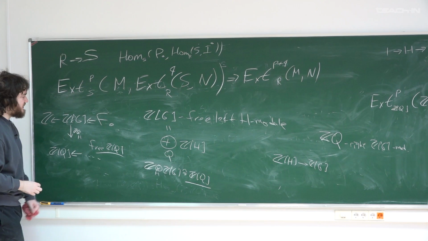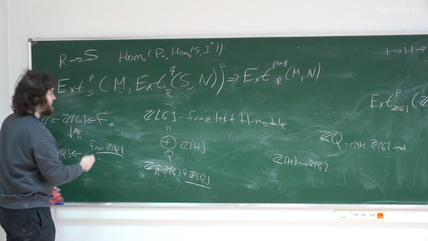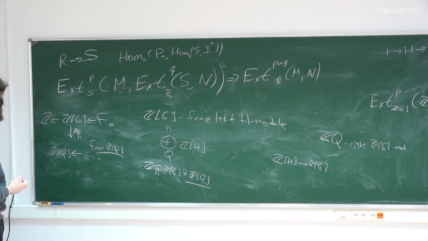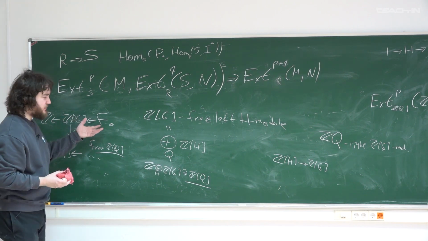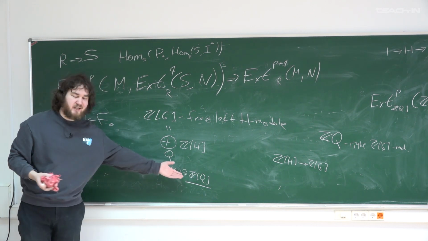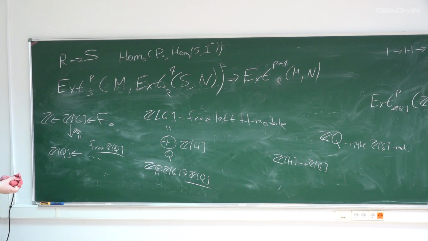They are free because it was a free ZG module. If you consider H, it was a direct sum of ZG, so it's a direct sum of ZQ. Okay, so this is some chain complex of free ZQ modules, and I want to say that this is